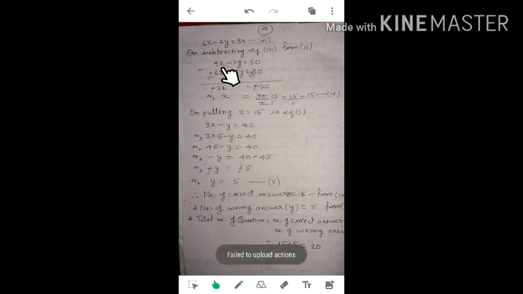Now see here, 4x minus 6x is minus 2x. We find the difference and put the sign of the greater number. The sign before 6 is minus, and 6 is the greater number, so we have placed minus here. This minus 2y and this plus 2y will be cancelled out.